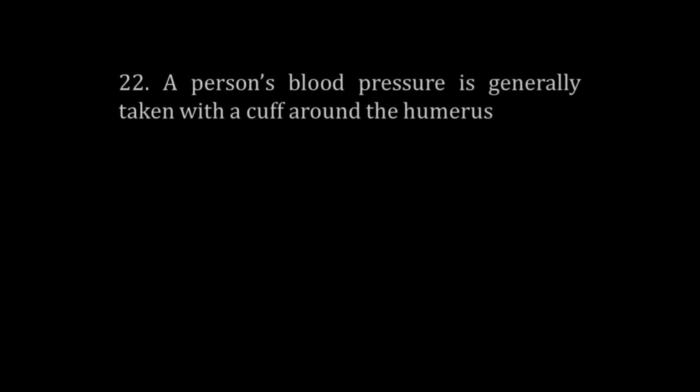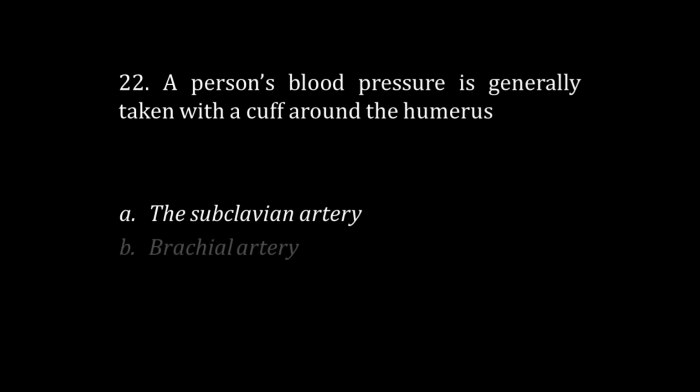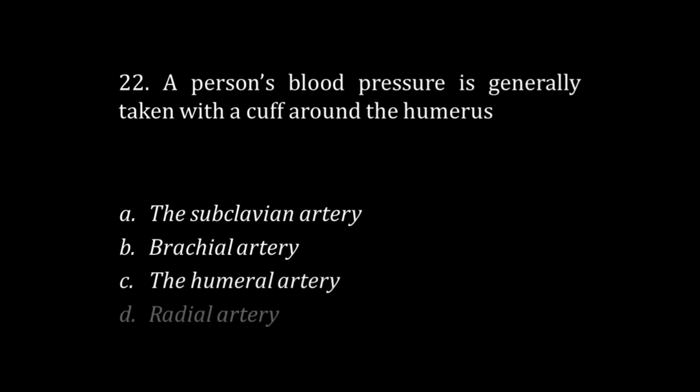A person's blood pressure is generally taken with a cuff around the humerus. A. The subclavian artery. B. Brachial artery. C. The humeral artery. D. Radial artery. The correct answer is